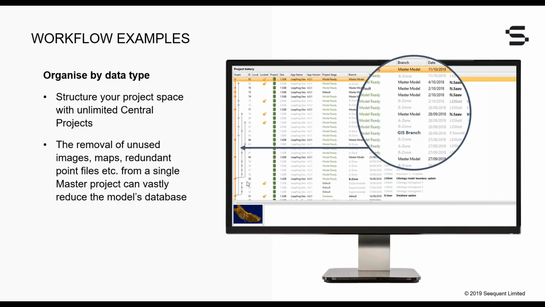We all know that images and maps, for example, really vastly increase the backend database for Geo, and that is truly something that slows us down. But we don't necessarily always need all of the individual images or level plans or sections, etc., that inform our project. Some of them might become redundant. And so one of the things you can do is just to place a project with all of the images